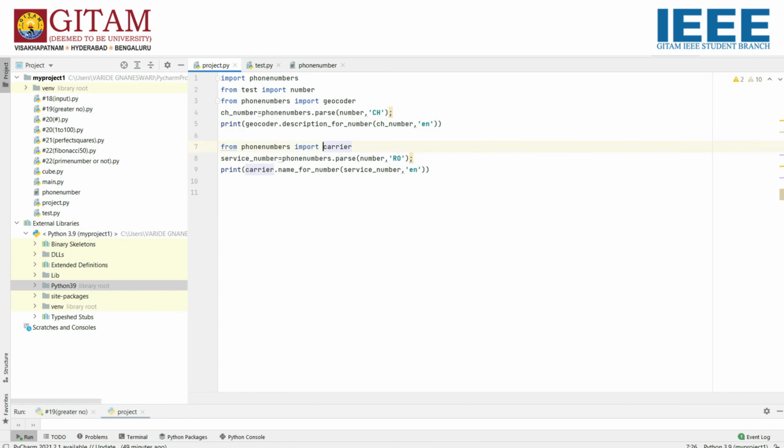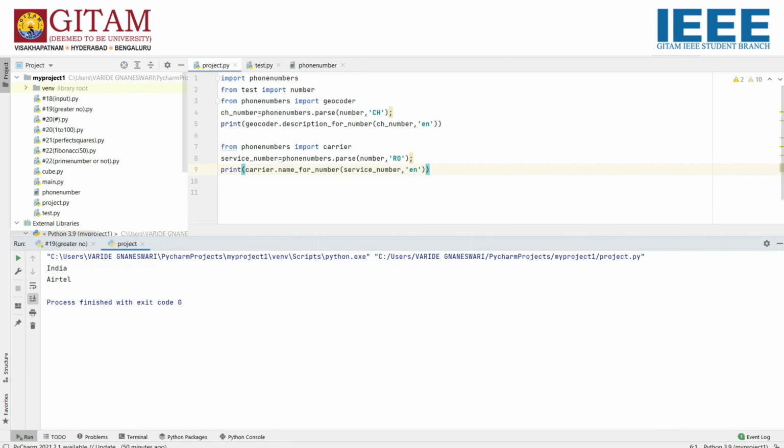Now when we want to know the service, which the mobile number is using, as the numbers are stored in phonenumbers, the services are stored in carrier. It stores all the services in the world. Again, we take a variable to know the service that our test number is using. Here that one is RO, which stores the services. We print the service again in English. So I have given the test number, and the code is ready. Let us now see the data that cloud storage has about the number I have given. And now when I run it,